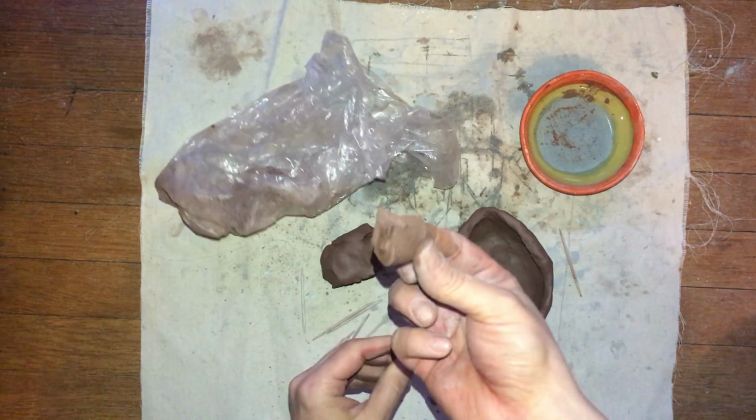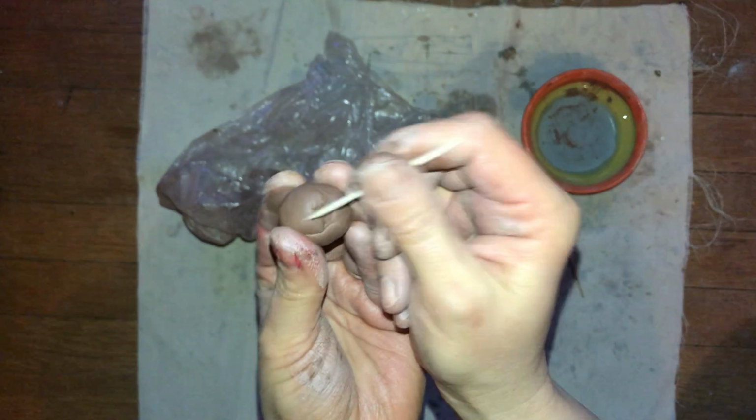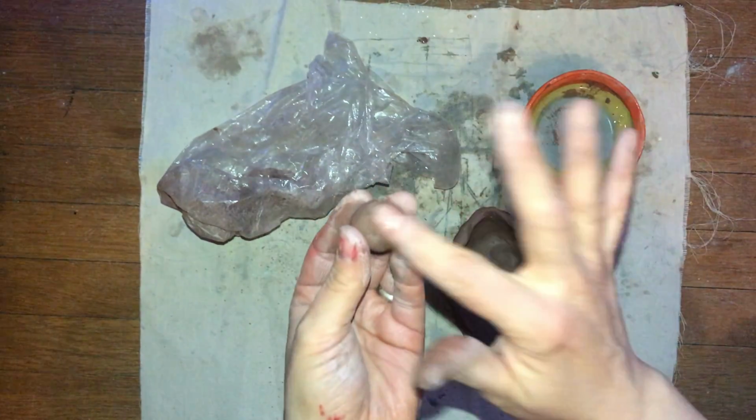You have to break off a little piece of clay, just a little piece, roll it into a ball, like a bead basically, and then take your toothpick or a fork. If you ran out of toothpicks, you can use a fork, and you're just going to scratch that bead like that, add a little water to it,